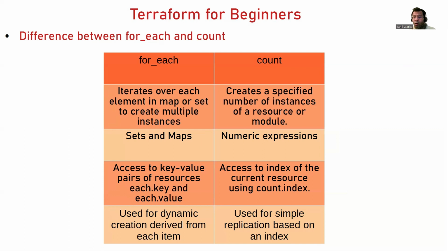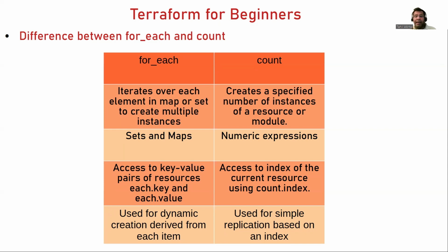What are the scenarios or use cases where you can use for_each and count? As I mentioned, for_each is used for dynamic creation derived from each item. So basically, whenever you want a dynamic scenario, for example, for the web server you want an instance type of T2 micro, but for an application server you want C1 micro,